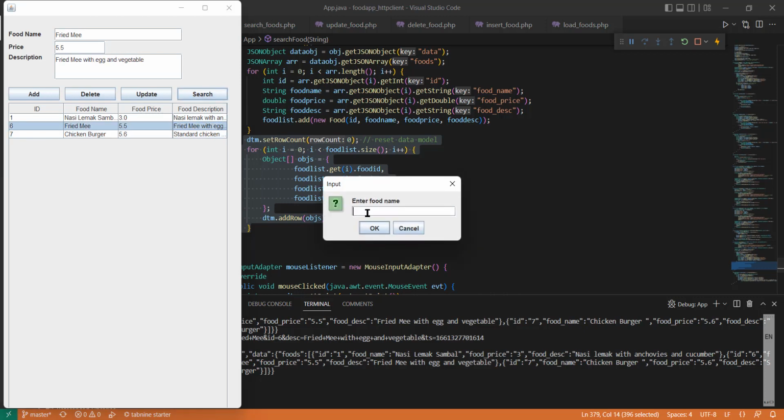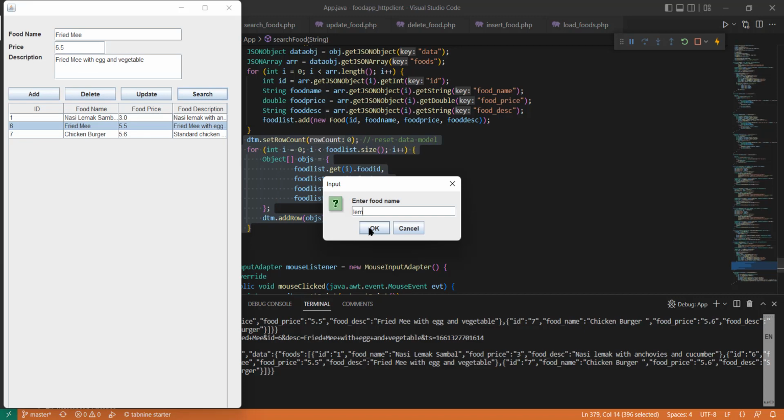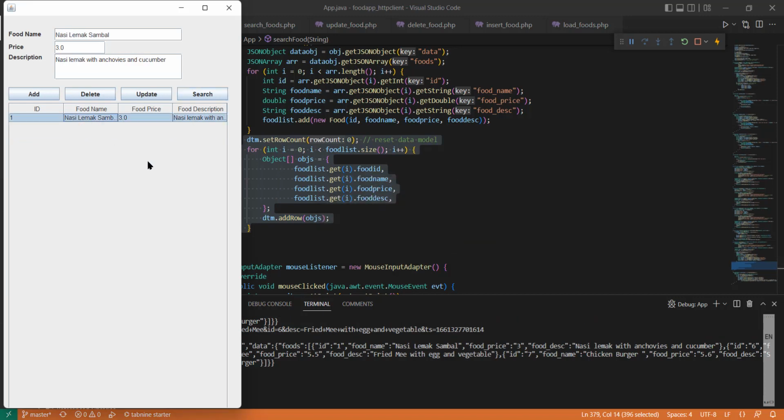Search, it didn't return anything. Let me just put that one is food description, not food name. So let me just put it lem, which is for lemak. There, lemak only. But if you want to include search also for food description, then you can just add that